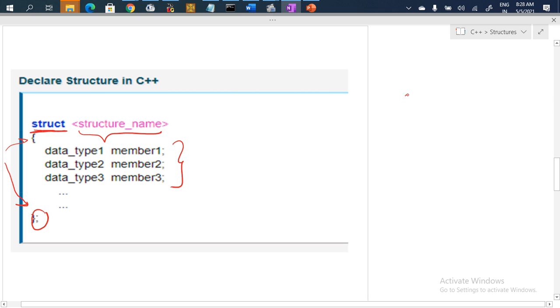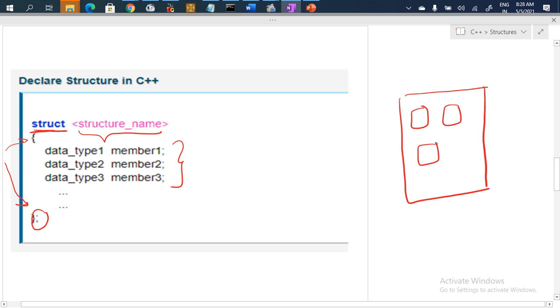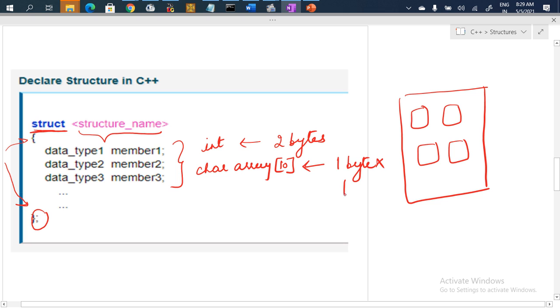So it is a kind of a unit which will contain different elements or different data types that we have defined in the structure. For example, if I take a simple integer value, integer takes 2 bytes of memory. If I define a character array of 10, then of course character takes 1 byte, and I have defined 10, so it will take 10 bytes.